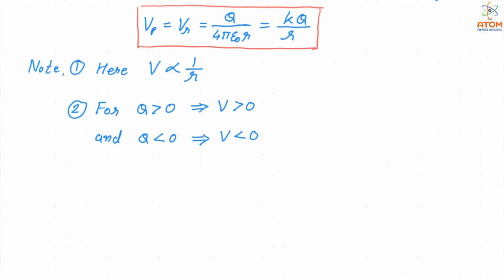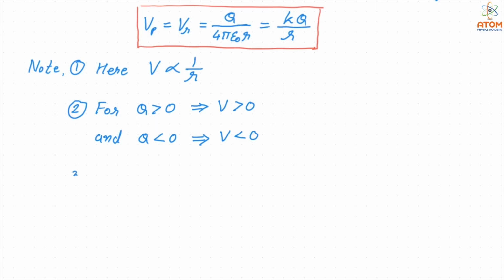In another way, we can say, if the charge producing the electric field is negative, then it will be attracting the unit positive charge towards it, and so the work done while moving a unit positive charge from infinity to that charge capital Q will be negative, because now the unit positive charge will be already attracted. So the work will be negative, and that's why the potential will be negative. So again I am repeating, if Q is less than 0, that means the charge is negative, then the potential is also less than 0, that means potential is also negative at point P.